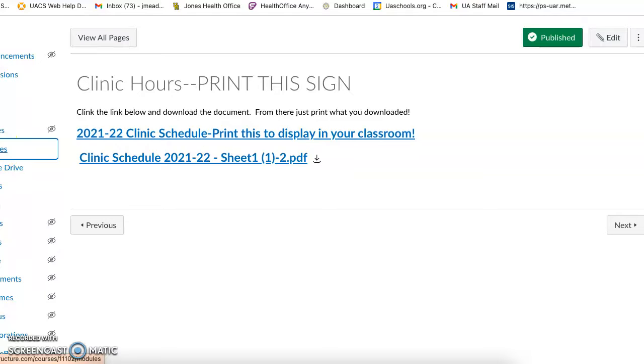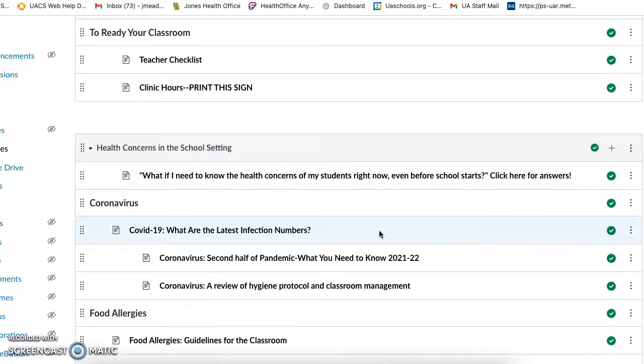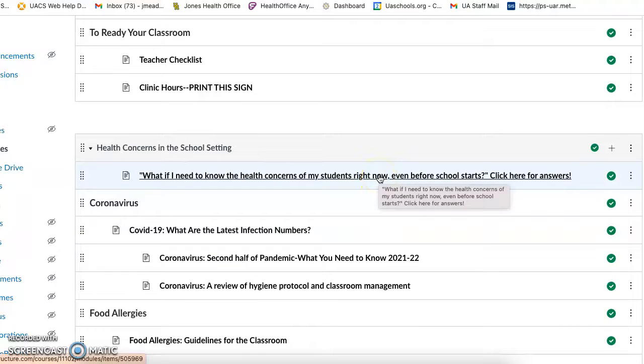Okay, go back to my modules here on the left-hand side, and let's keep going down. Now we're going to get to the health concerns. Here's a question I get a lot. I do spend at least 40 hours or more before school starts getting all the information about health concerns that I can from our PowerSchool, which, once the parents register for it, is available, and we have most